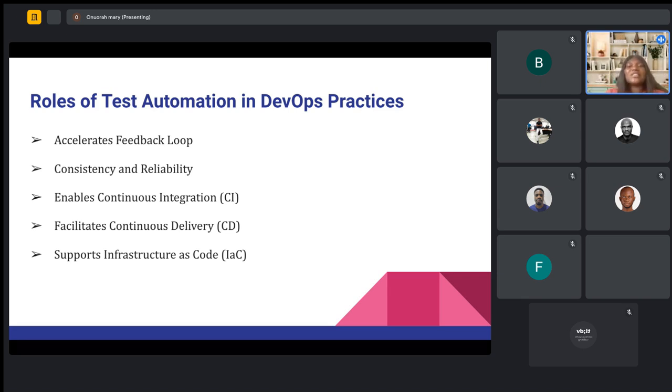The next one is consistency and reliability. So with automated tests, there is consistency, there is reliability. We know that there's no human error that has occurred in our test, right? What do I mean by this? If we have to test our code manually every time, or the changes we made, at some point you might have some issue due to human errors.